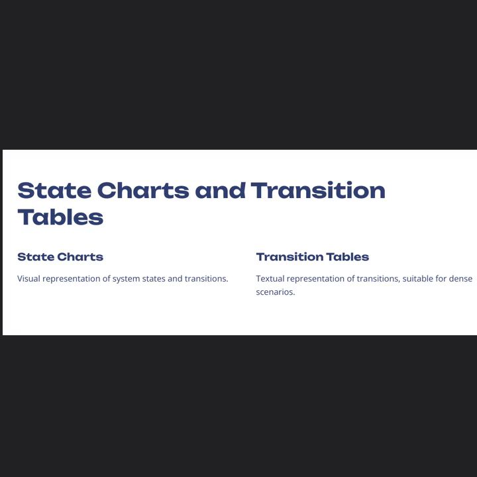State charts model the system states and how it transitions between them based on triggers. These are ideal for systems with defined states, such as user interfaces or real-time embedded devices. Transition tables provide a textual way to represent transitions, making them great for scenarios with dense or complex rules, such as physical button